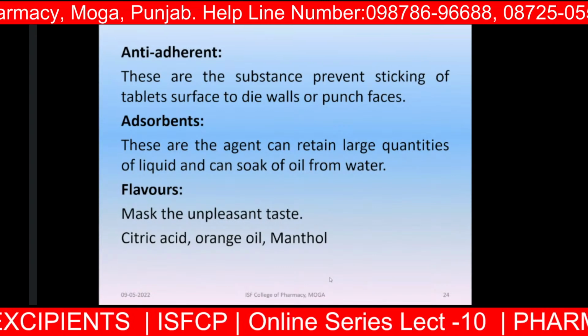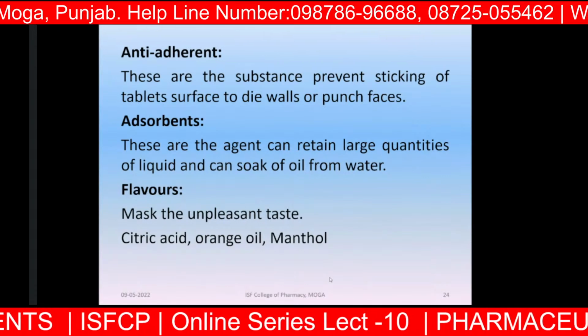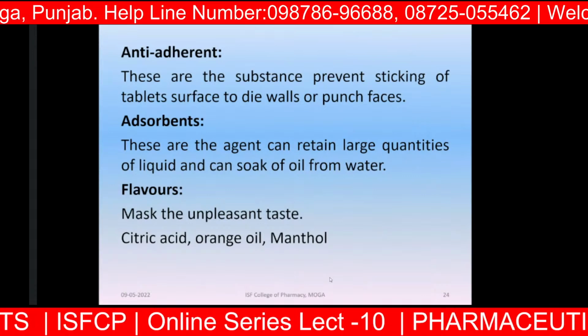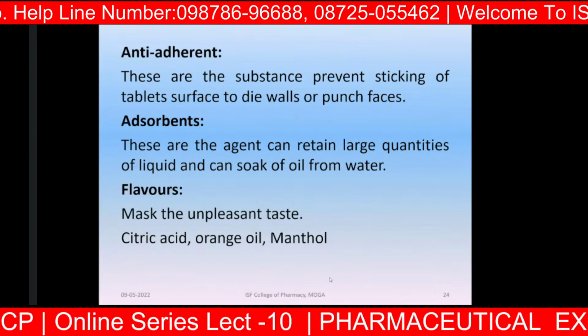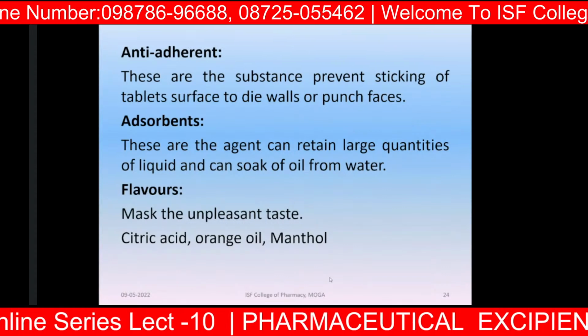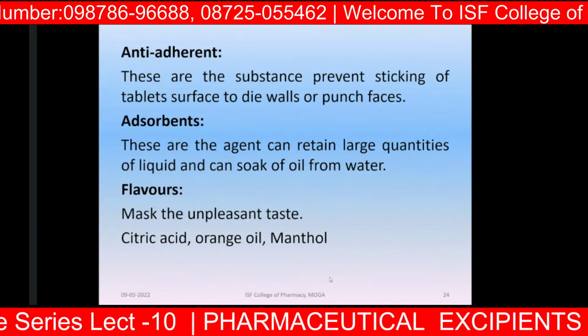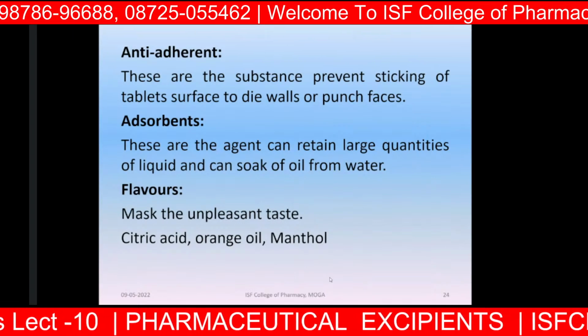So these are the examples of the different types of excipients used in tablet or capsule manufacturing. Excipients play a very major role in making the pharmaceutical formulation. Without excipients, we are not